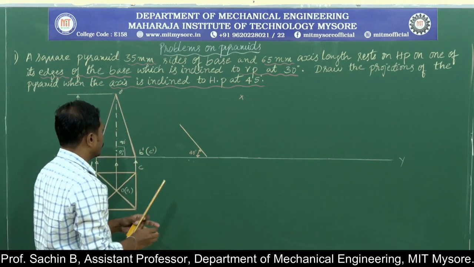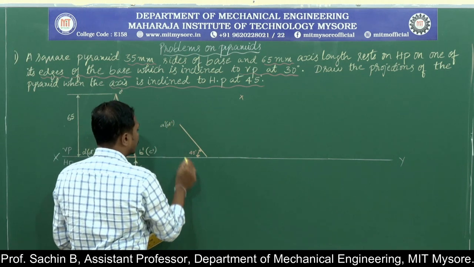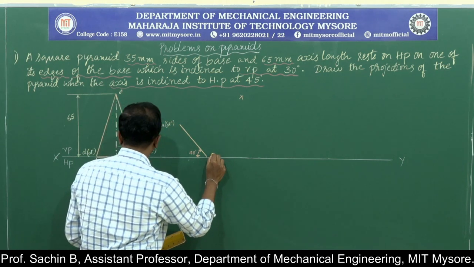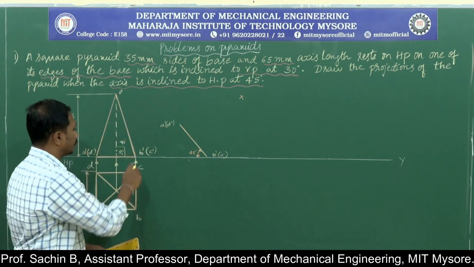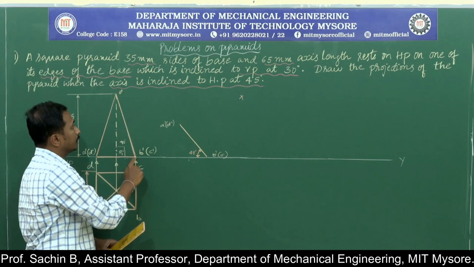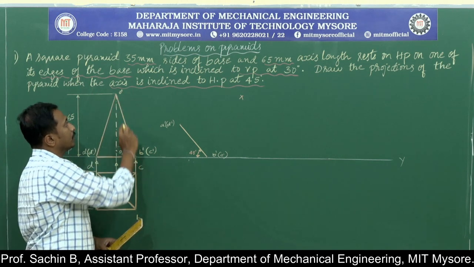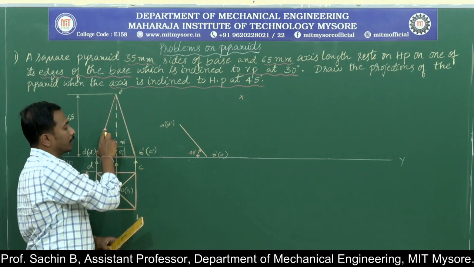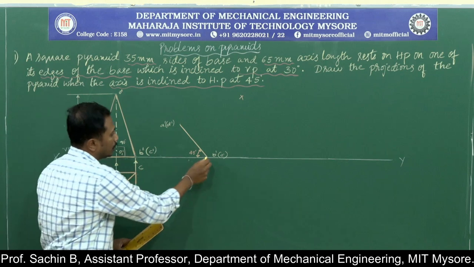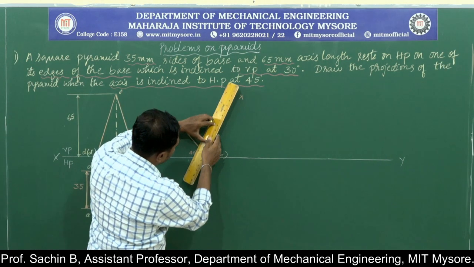Now we know that this will be A dash and this will be D dash, this point will be B dash and this point will be C dash. Now to get the slant edges B dash to O dash and A dash to O dash, I am measuring the length from B dash to O dash and the same length will be equal to this particular side also, A dash to O dash. Now I cut the arc, now I will go for joining it.